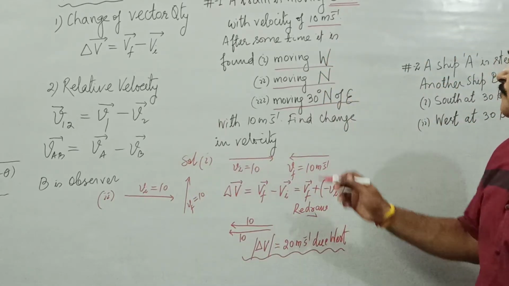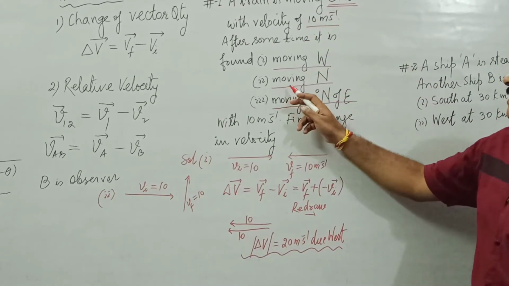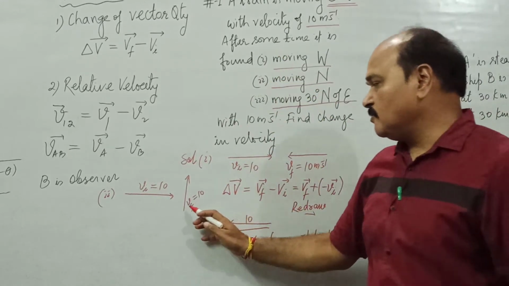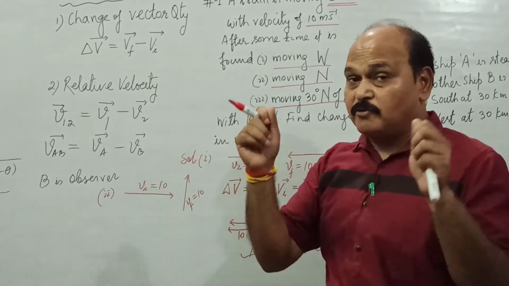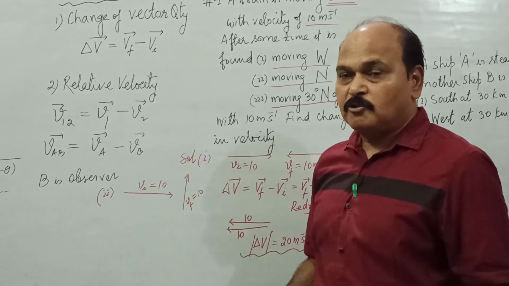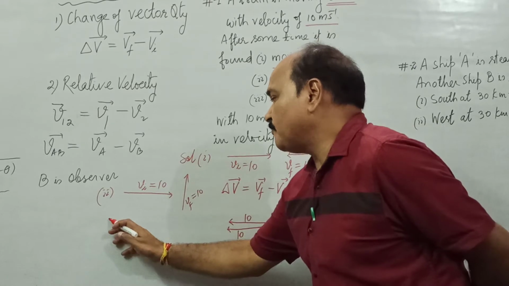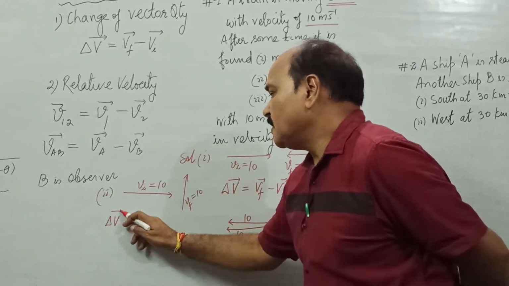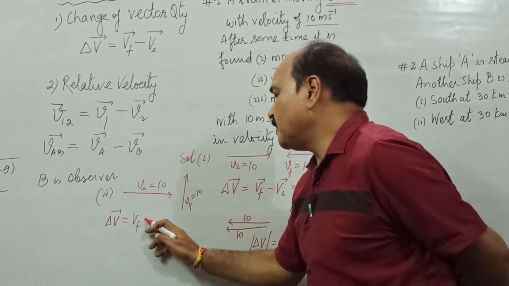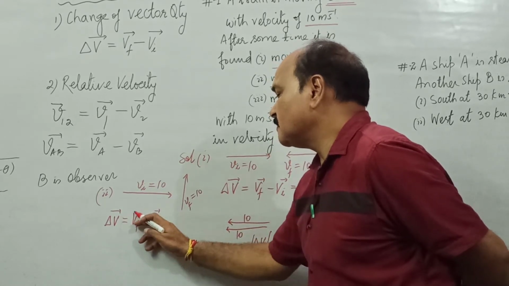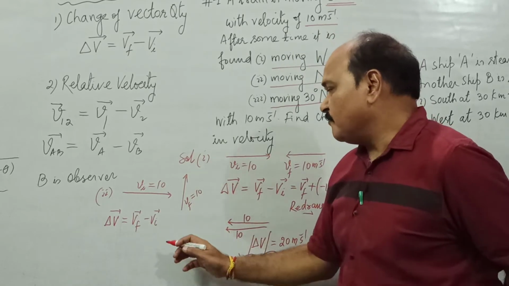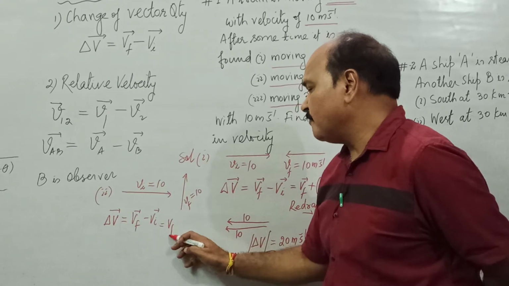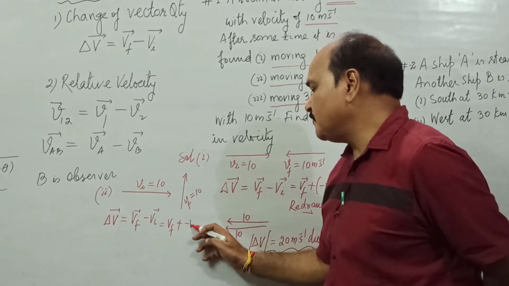Due north. So VI is due east. VF, that is the final velocity, is due north. So this is your final velocity vectors. We have to draw original vectors. Now what are we supposed to find out? We are supposed to find out change in velocity. And this change in velocity is nothing but final velocity minus initial velocity. As usual, VF minus VI means we are supposed to find out the sum of VF with minus VI.